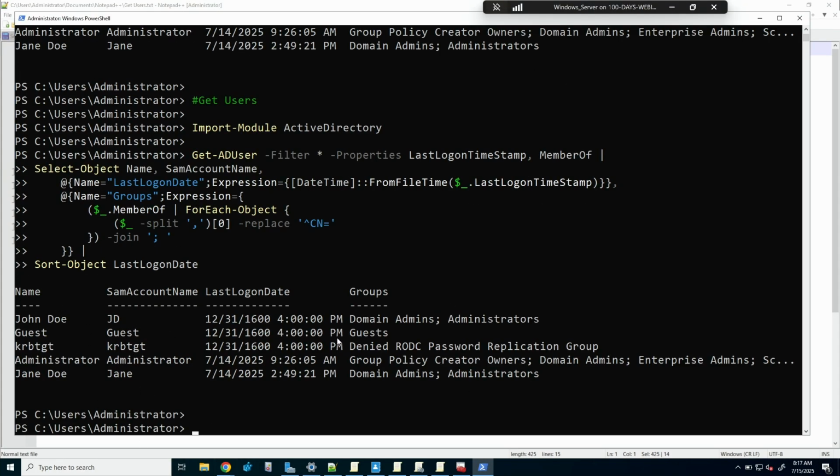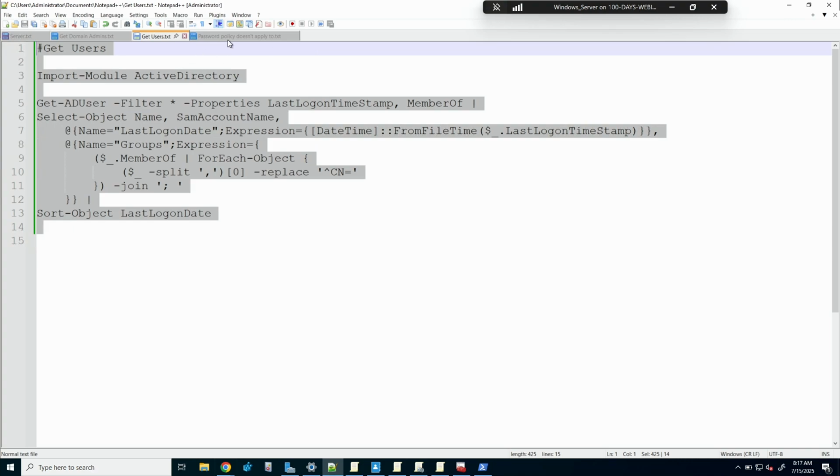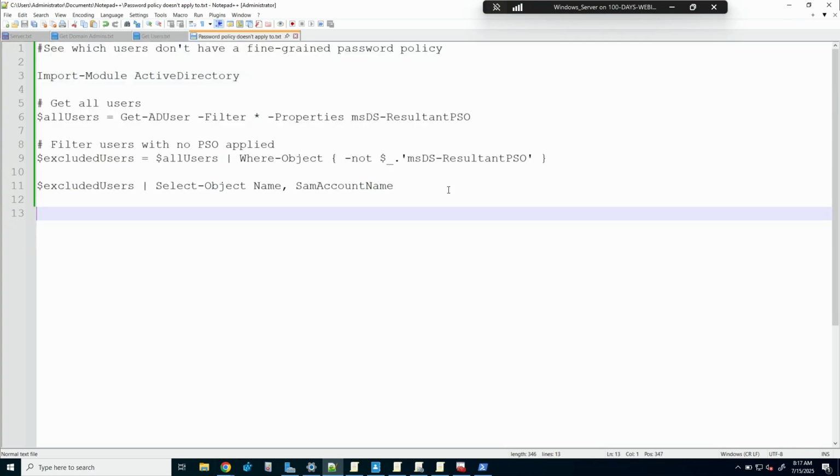I've got a guest user account that's never logged in as well. I've got this one here, denied. I guess that's a replication account or something. I've never heard of that before, but I wouldn't delete that if we don't know what it is. No, so probably best not. It gives you a list, export it, decide why you're keeping accounts. It's a 10-minute task every month. It will really help.